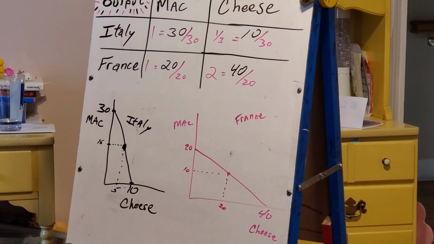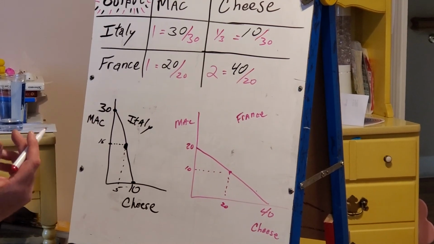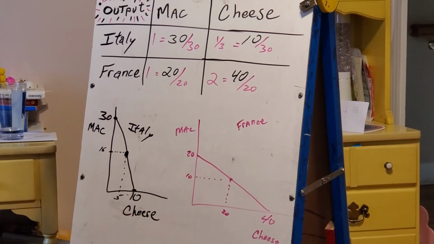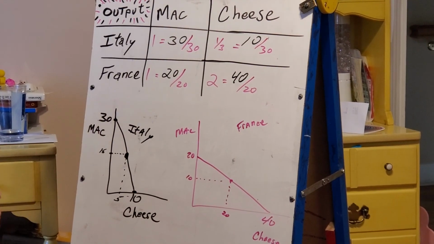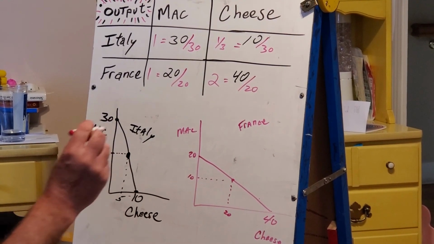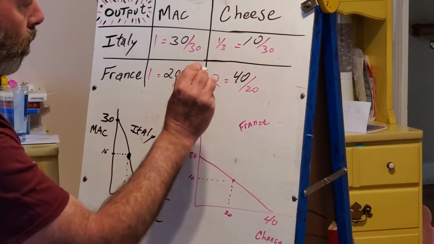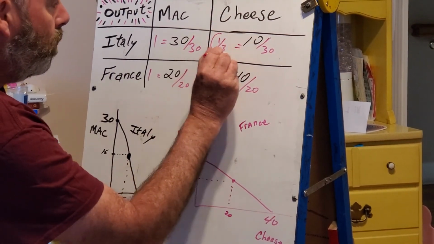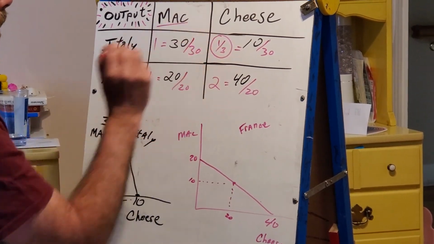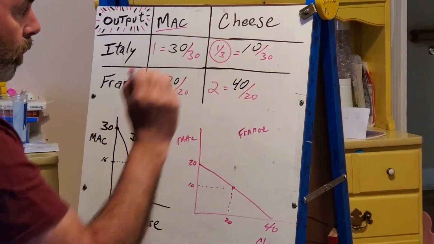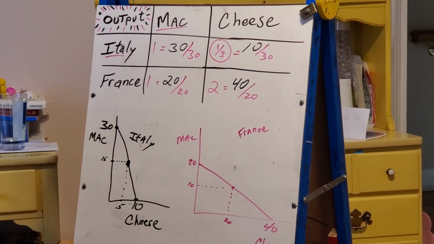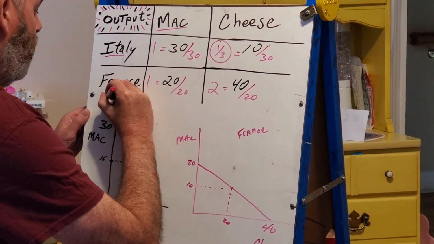Now, who should produce macaroni? Well, the law of opportunity cost, or the law of comparative advantage, says the country that can produce the good at a lower opportunity cost enjoys the comparative advantage. So, which number is lower, 1/3 or 2? Obviously, 1/3 is lower than 2. We were doing mac, and we circled 1/3, which is the lower opportunity cost, and the circle is Italy. So right there, we just figured out that Italy